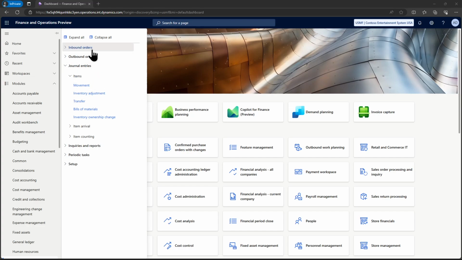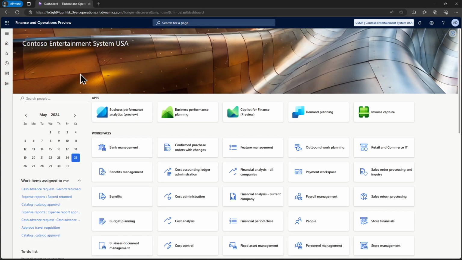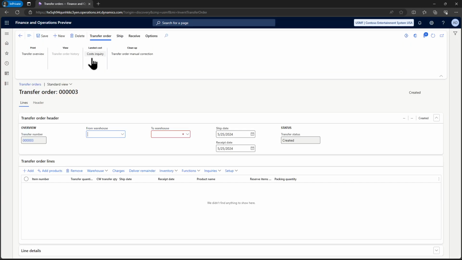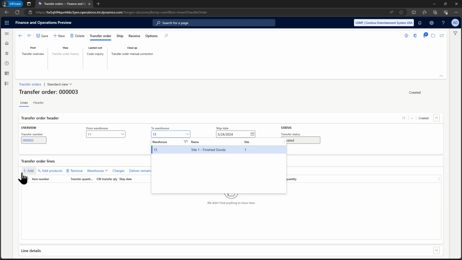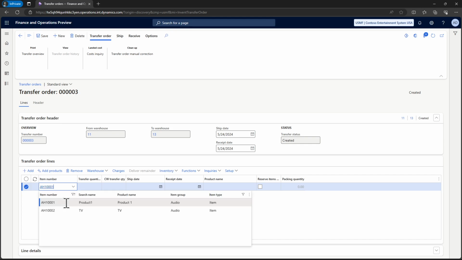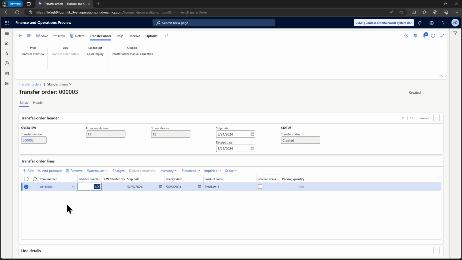Now I can show you different way to transfer the quantity between warehouses. So if you go here to inbound orders, then transfer order, click new, you can set here the source warehouse, destination warehouse, then you need to add the item here, the transfer quantity,